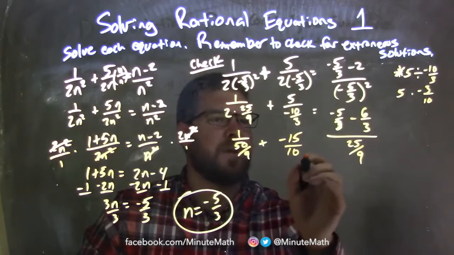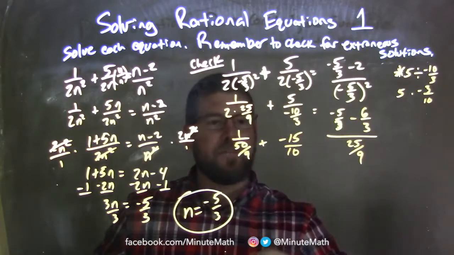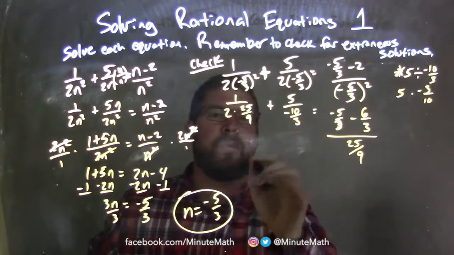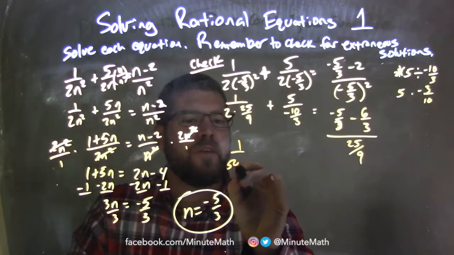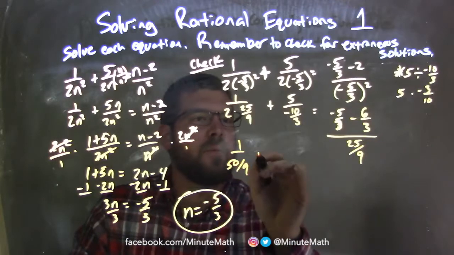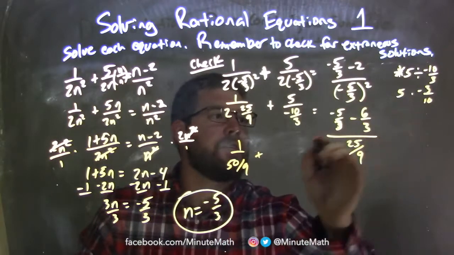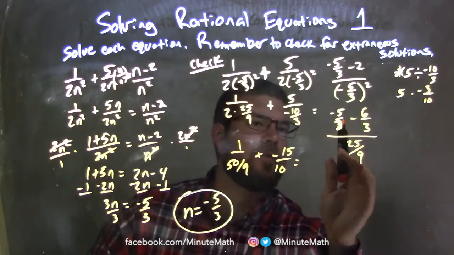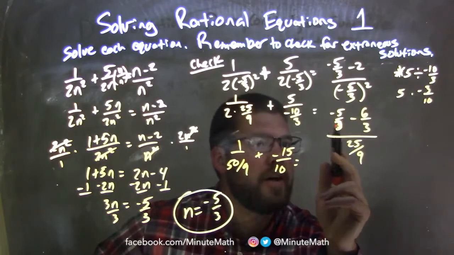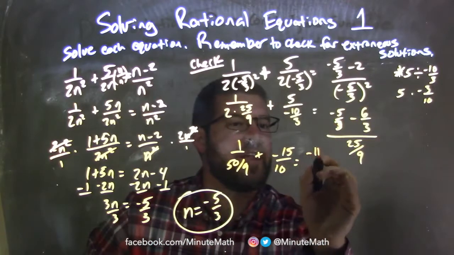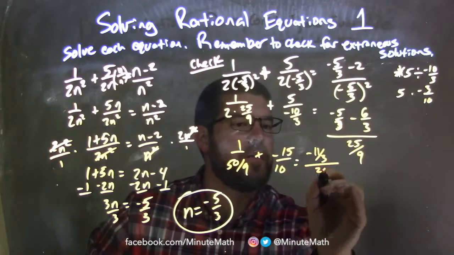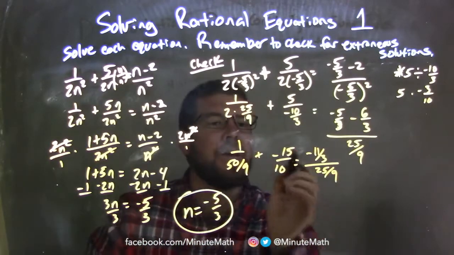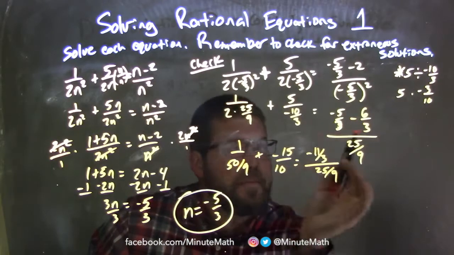tenths right there. Okay, that is equal to, which I didn't give myself enough space here, so I have to kind of rewrite that. Sorry about that. So we have 1 over 50 over 9 plus what we found here to be a negative 15 over 10 is equal to, simplify this fraction, negative 5 thirds minus 6 thirds is negative 11 thirds over 25 ninths. Okay, so now we're going to keep on going with our fractions here, using the same technique we did over